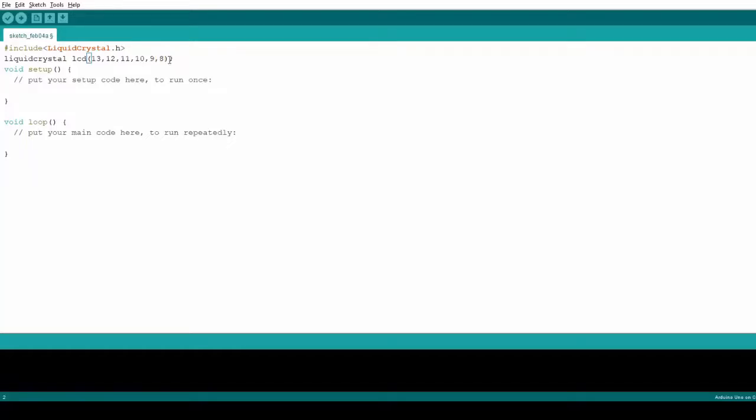Here I am using 6 pins: 13, 12, 11, 10, 9, 8.